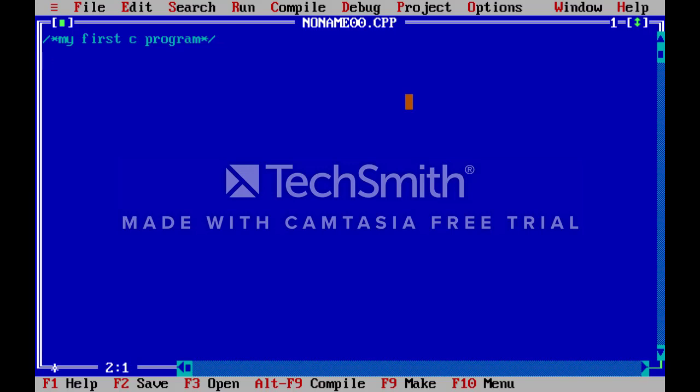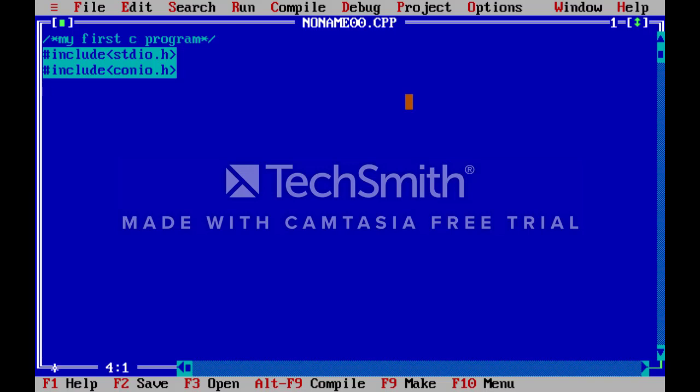After that, we wrote two header files, which are called preprocessor directives. The first one is #include stdio.h, that is the standard input output header file, and another one is #include conio.h, which is called the console input output header file.